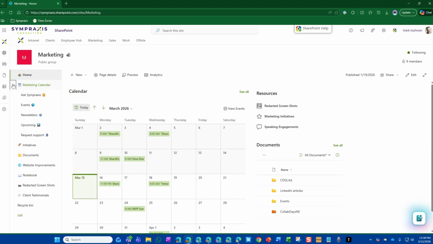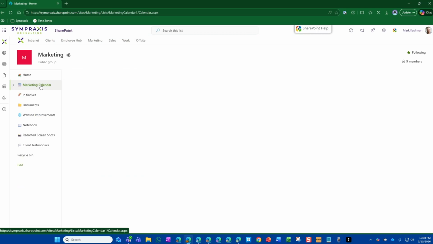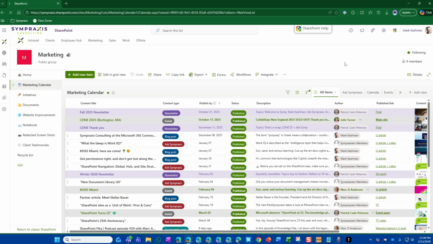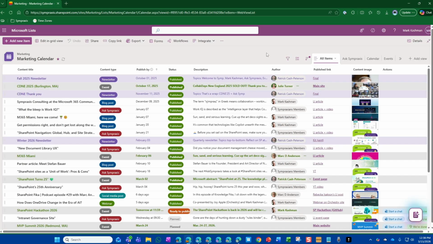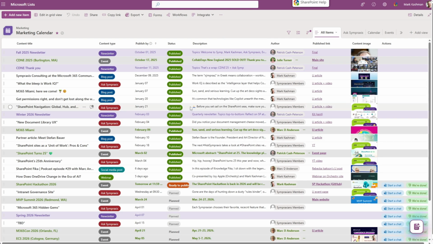So let's take a quick look at the full list just to orient you around what's in this marketing list. And I'll go into expanded mode here, and I'll even go into full mode in the full browser just so you can see everything. So this is the list in all of its glory in terms of what we're tracking both in the past and in the future. You'll see most of the past items are the easiest to see because they're listed as